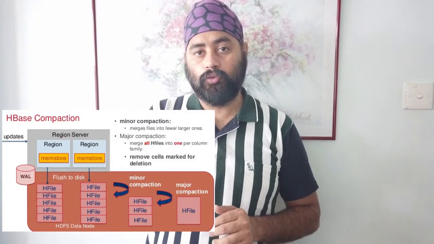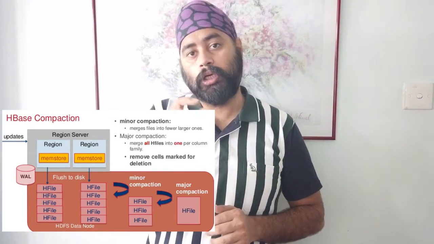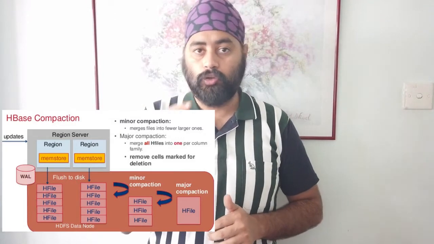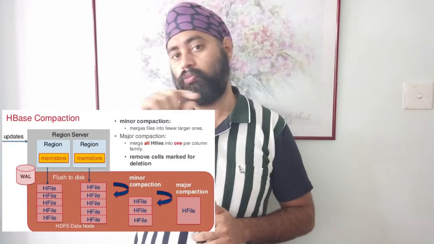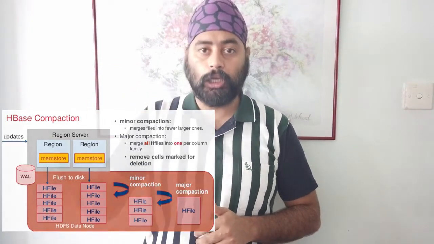Now you update that record, so when you read it, you will get the updated one, but in the backend both will be stored because you mentioned to store 3 versions. So version 1 with the previous timestamp, version 2 with the new timestamp, and if you update again, then version 3. So there will be 3 records for a particular column, and you can retrieve all of them. You can make a read query with that configuration saying I need all the versions, and it can fetch all the versions for you.